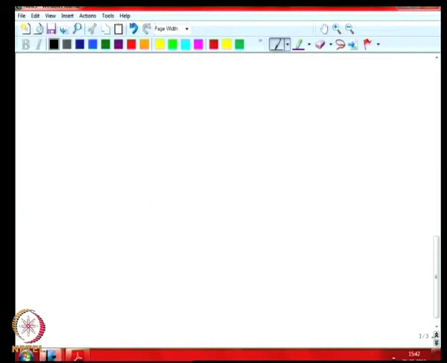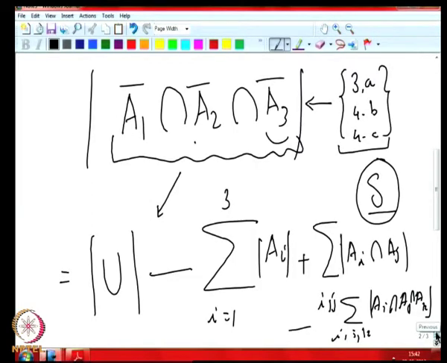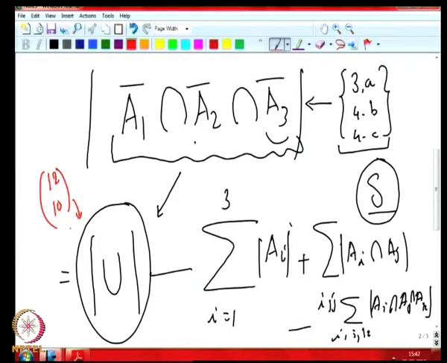Now we have to verify whether we can find out the values of the cardinality of each Ai and the cardinalities of Ai intersection Aj for every pair i and j, and that is all we have to check, right. So, let us see how we do this. The cardinality of U we know, namely 12 choose 10 as we calculated. It is just assuming that there is infinite repetition number, we found out the value by applying the formula we studied earlier, namely R plus n minus 1 choose R.